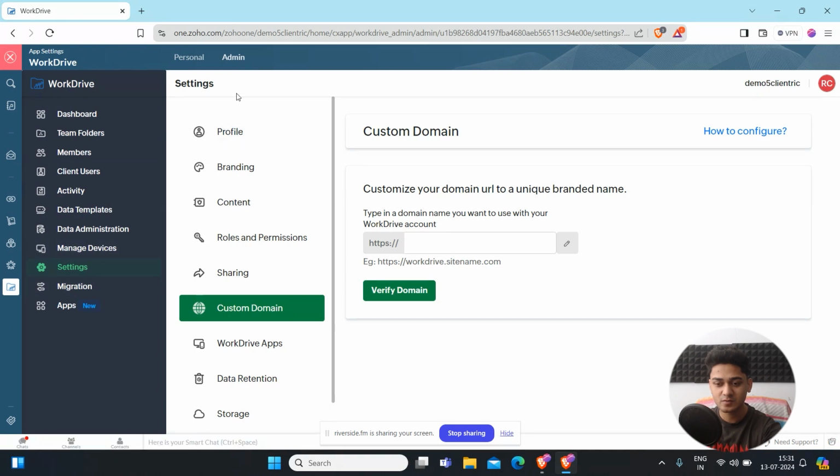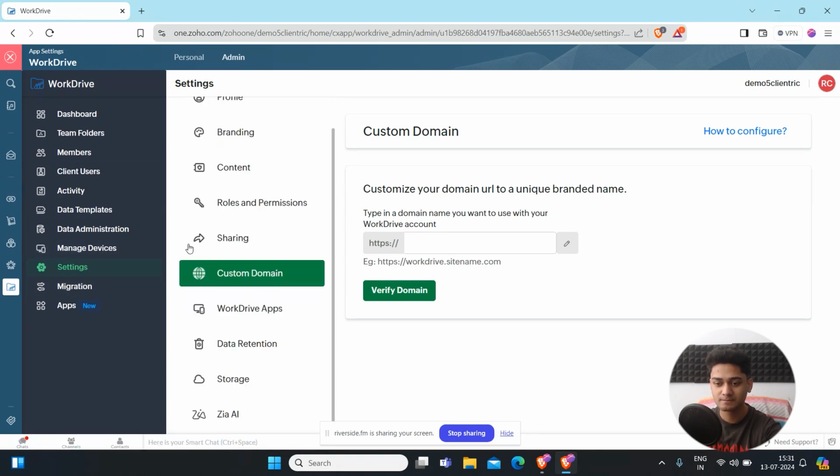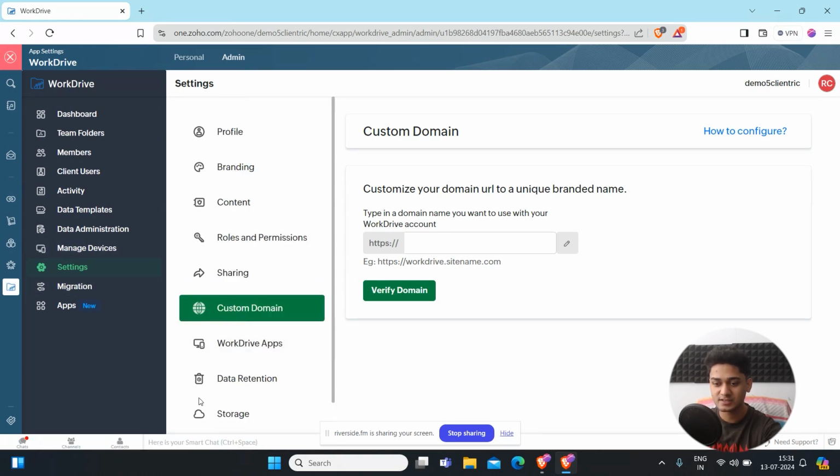And here under the settings part, you will see several options. We will discover other options later, but in this video, I will just talk about how to add any custom domain in your Zoho Workdrive. So basically, you can customize a domain URL to a unique branded name. You just have to type your domain name and how you want to use it with your